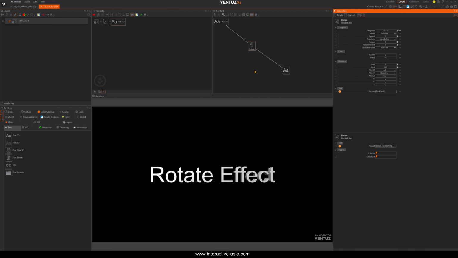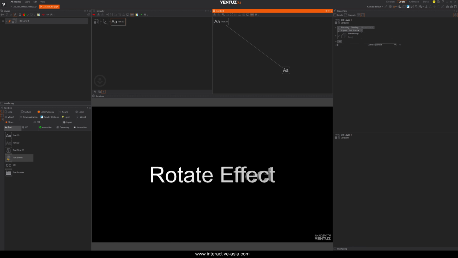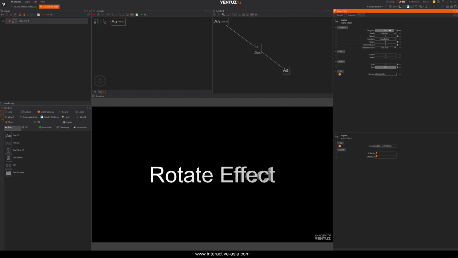So now let's talk about the last text effect node. Let's delete this rotate effect and simply drag and drop another one, the last one, and that's our alpha effect. And like you probably guessed already, this effect is simply fading the text in and out, based on the settings you set here, on the speed, on the direction, on the range, and on the start and on the end, where you can give transparency values from 0 to 100